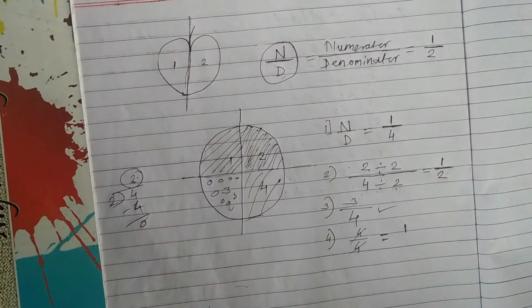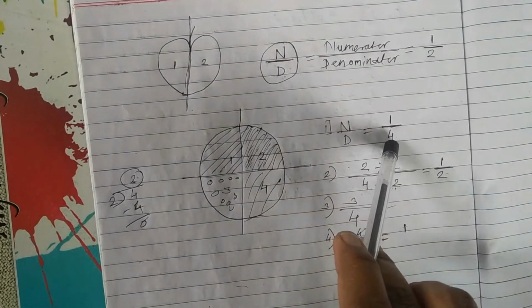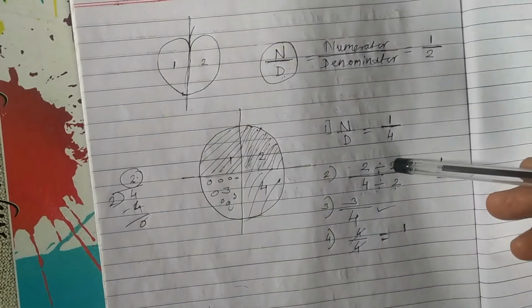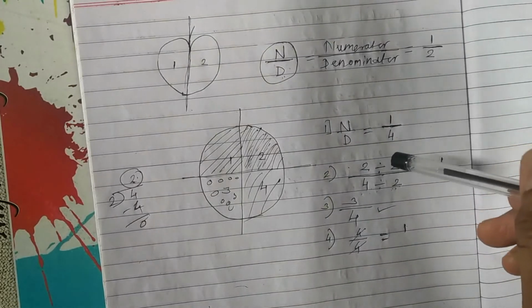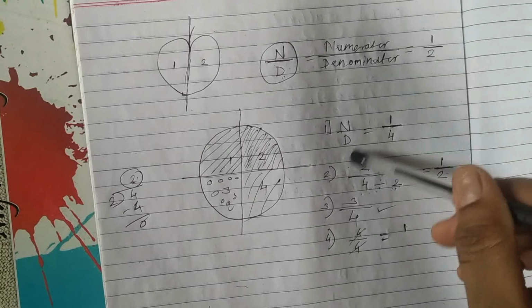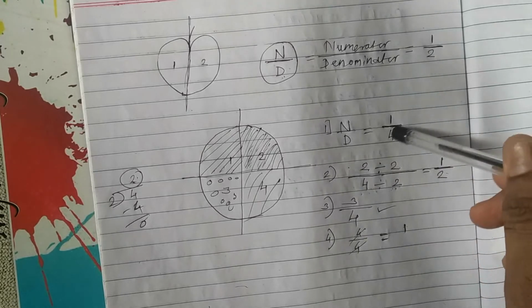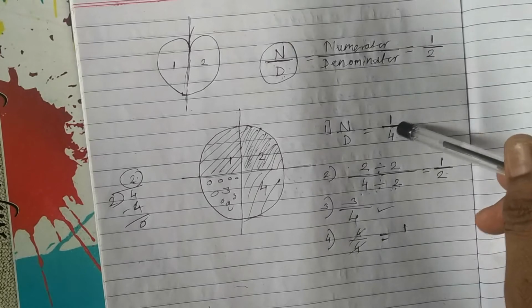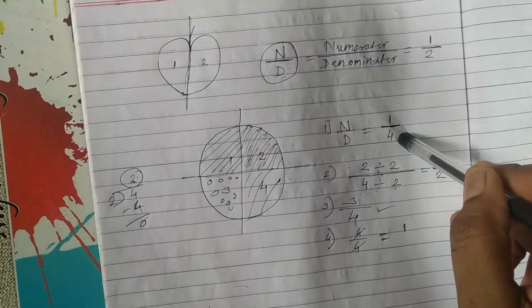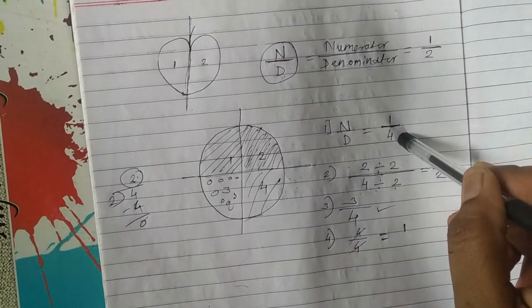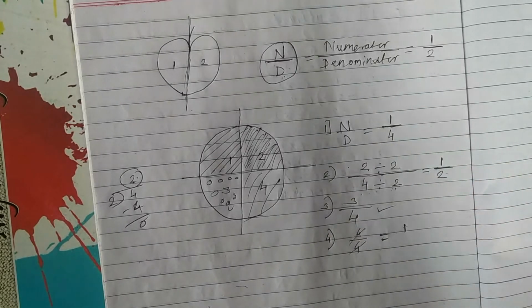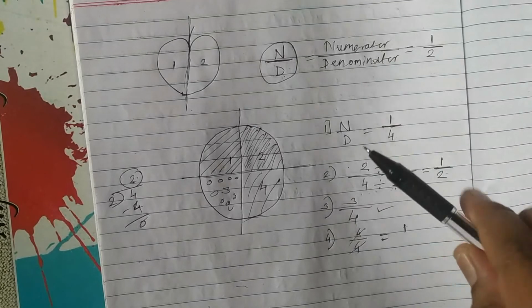Generally fraction forms come with the big number down and the small number up. These are all proper fractions. Proper fraction means small number up and big number down. If this sequence is not there, that is called an improper fraction. Then we have to complete it with division.